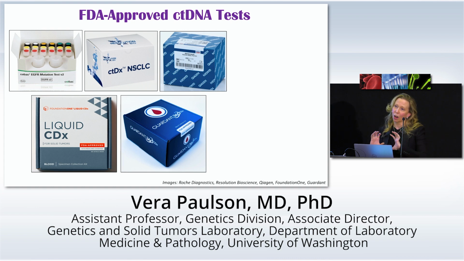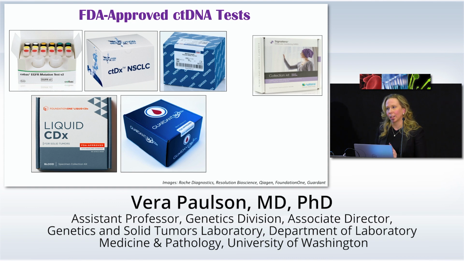Again, all of these are for specific cancers, for patients who are known to have cancer, and are for guiding therapy decisions for FDA-approved drugs. That's different from this other one I'm going to highlight here, Signatera. They were also granted breakthrough status. And Signatera is basically, there's a number of publications, colorectal cancer featured most prominently, but also bladder, breast, I believe, lung. And then what they were doing was basically bespoke testing.